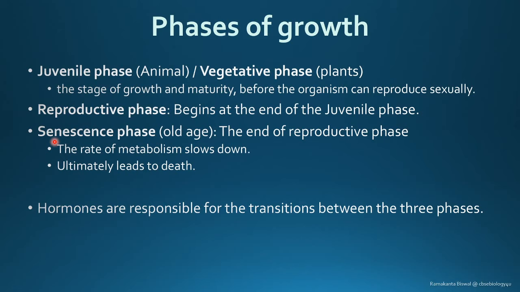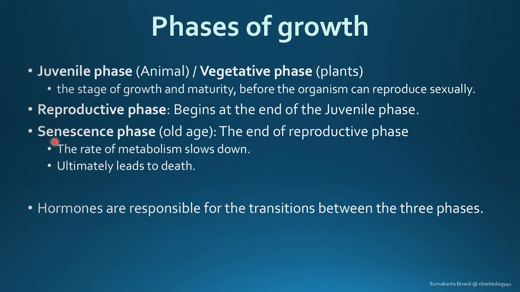Now, as the metabolism slows down, the cells will not be able to behave or respond in a proper manner, or grow in a proper manner. And we all know through the cell theory that cells are very important, and until the cell has a proper metabolism rate, it will not support the organism. So when the rate of metabolism slows down in the organism, the final stage, that is the senescence or the old age or the aging, creeps in.